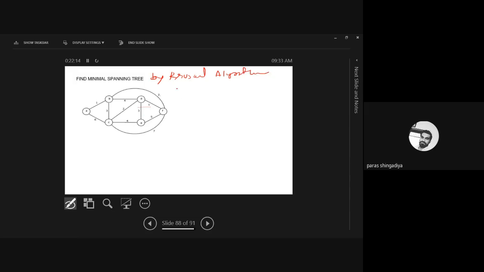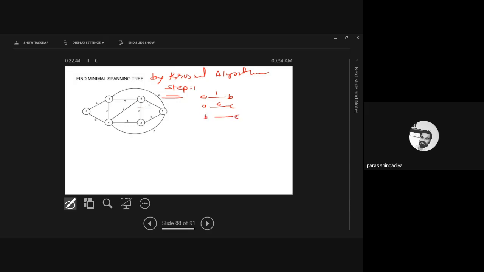So what is step 1 in the Kruskal algorithm? You have to first collect all the edges. Mention all the edges here. Make a list of all the edges. So let's start with A to B, that is weight 1. Then after A to C. Clear? Now you can randomly mention any edge here. And then in the next step you have to sort it.